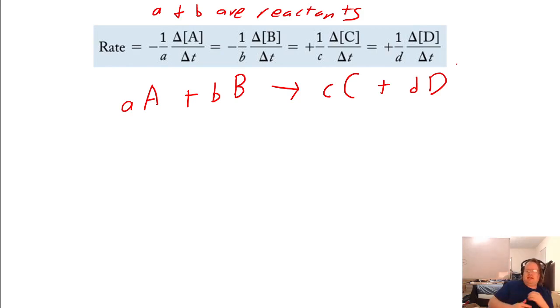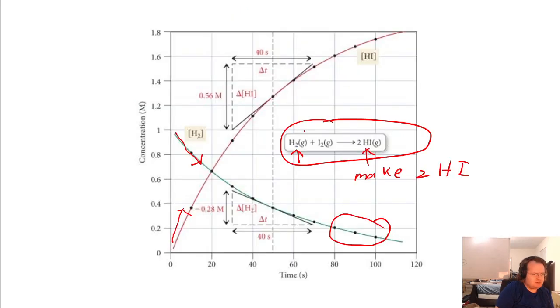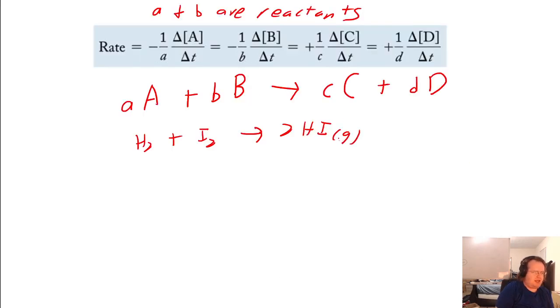We can do this with any particular reaction. So let's try it with the H2 plus I2 goes to 2HI reaction we were looking at just a moment ago. Making sure they were all gaseous. I was pretty sure they were. So for this reaction, what that means is our rate of the overall reaction is equal to the negative of, well, there's no number in front of hydrogen. That means that it's a 1. So 1 over A is 1 over 1 here. So this is just negative 1 times the change in hydrogen